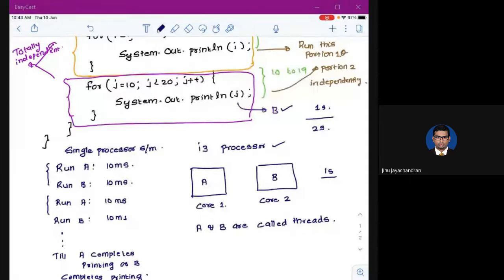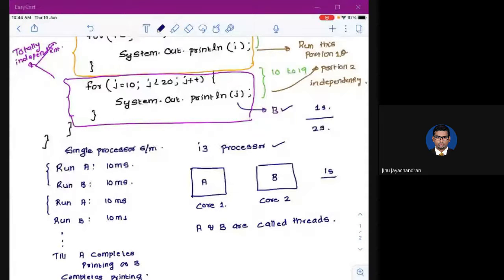So multitasking means, for example, in your Windows operating system, you will be running your Chrome browser, your PDF Acrobat Reader, your Microsoft Excel, and your Microsoft Word. All these are running at the same time, or you are opening all these windows at the same time. That is called multitasking, where the first task is to run Chrome, the second task is to run Word, the third task is to run Excel, and the fourth task is to run the Acrobat Reader. So that's called multitasking.